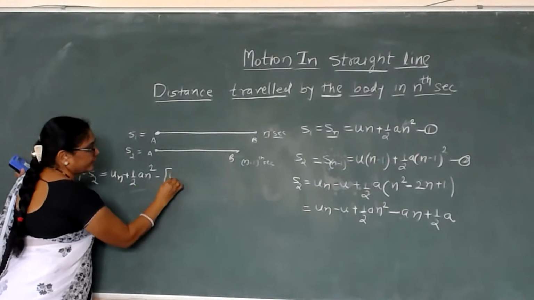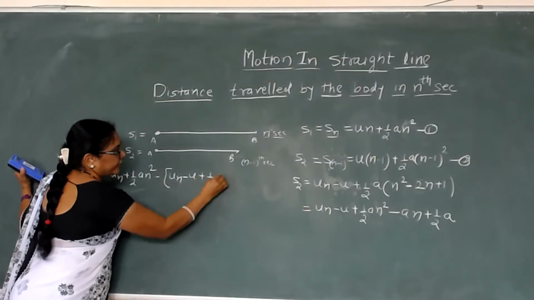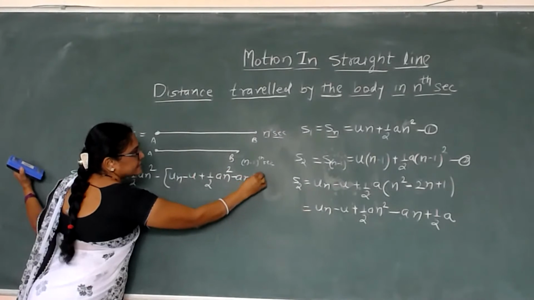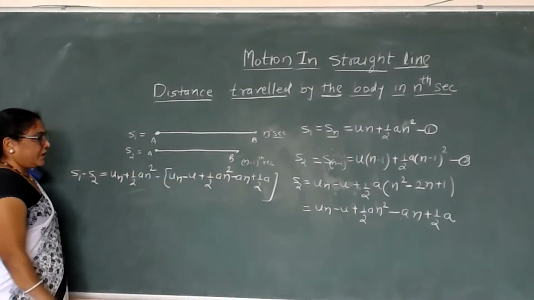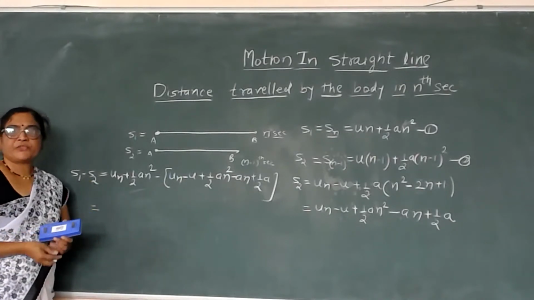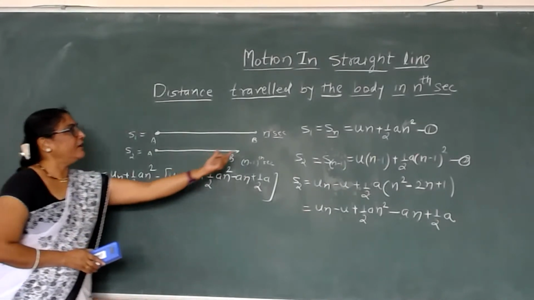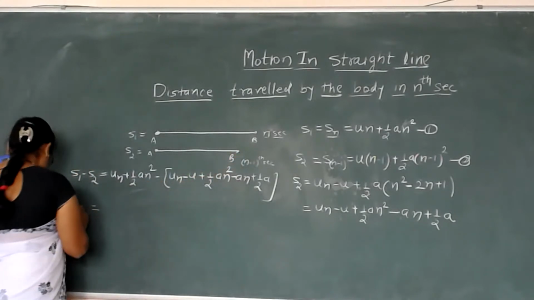S2 is equal to un minus u plus half a n square minus a n plus half a. Simplify this equation, S1 minus S2. S1 minus S2 is equal to the distance traveled by the body in the last second, and that is considered to be S. Therefore, S is equal to